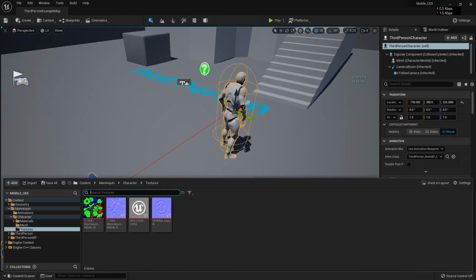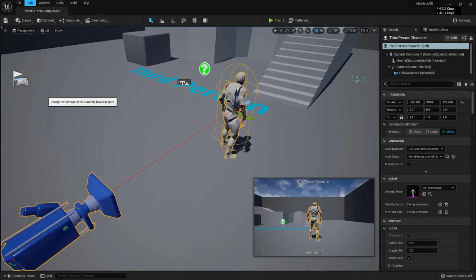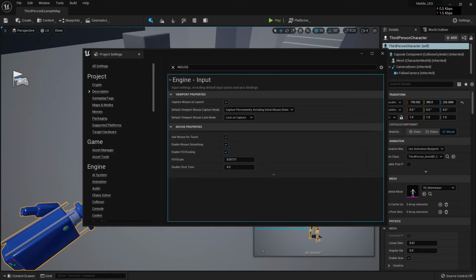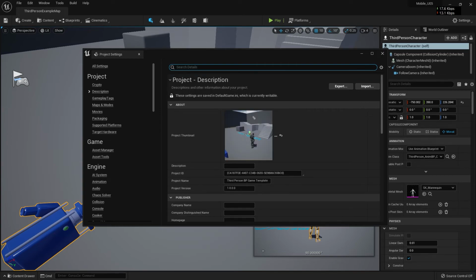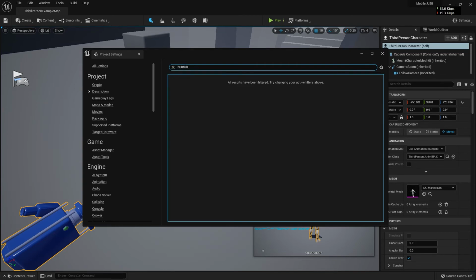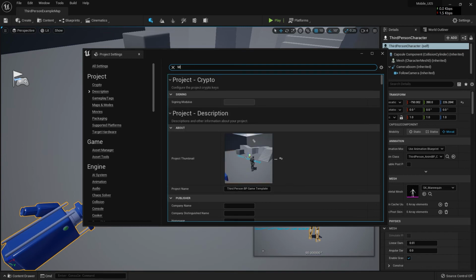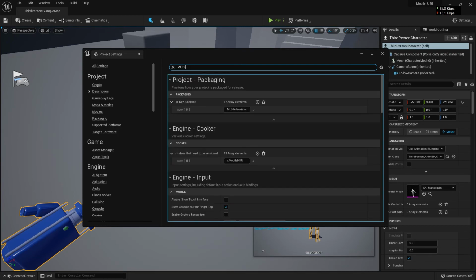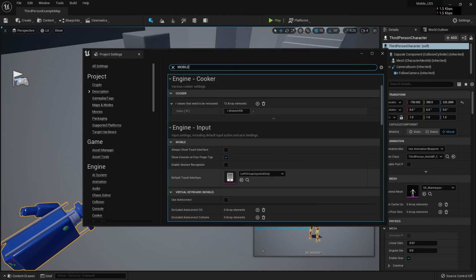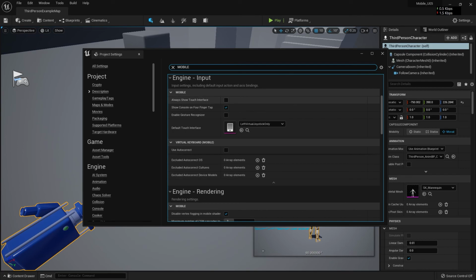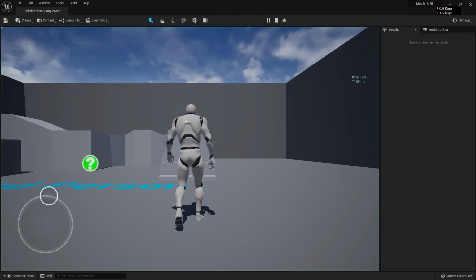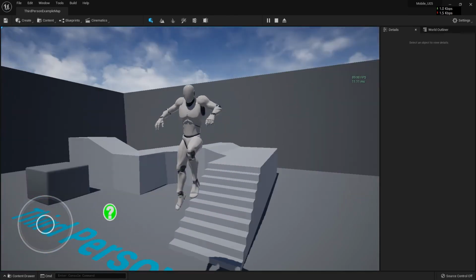Now let's set up this character for mobile. We edit project settings, search for mouse and enable it, and then go to mobile. Okay, finally. Always show the touch interface, we'll enable that. And now let's click on play. As you can see, we now have the virtual joystick to run, and